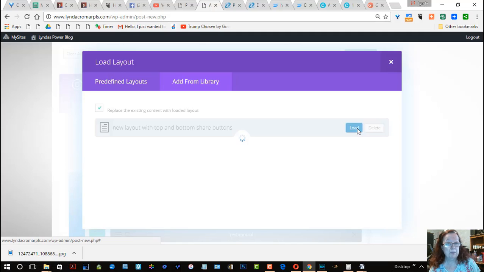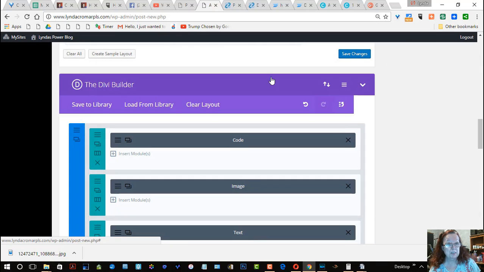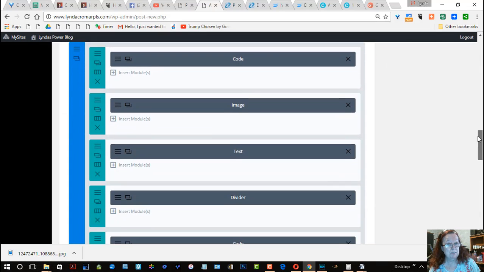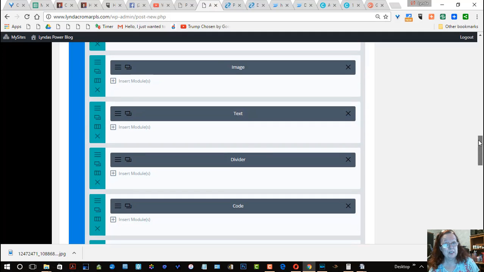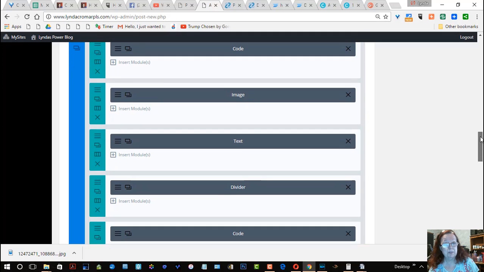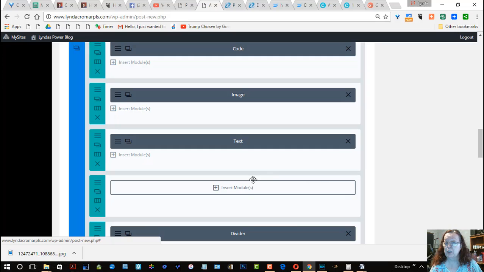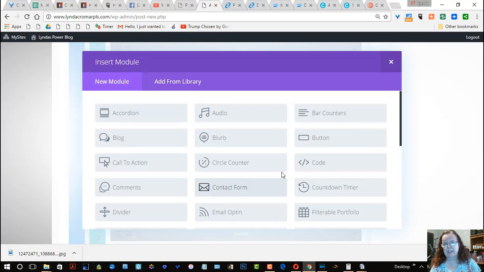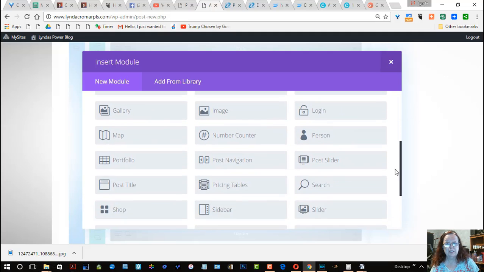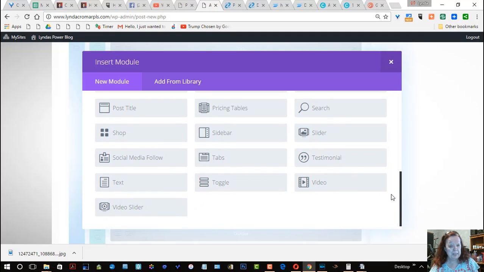And again, if you decide you want something different, you just simply change it in some way. Like for instance, if I have a long post that has more text and more images and more videos, I can add more simply by adding another row that will be here. And if it's not a text, I can delete this out and I can put another item in here of any kind that I want to put in here, and here are all the choices of the things that you